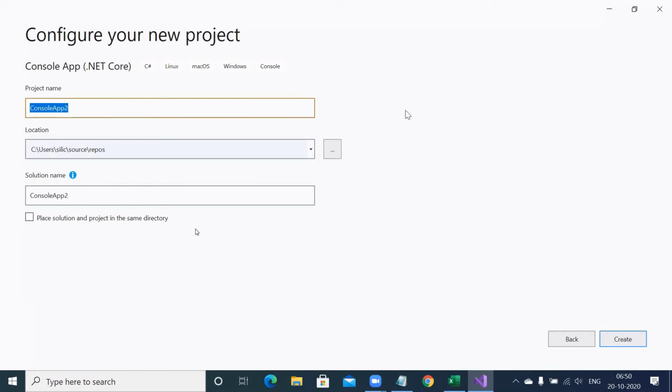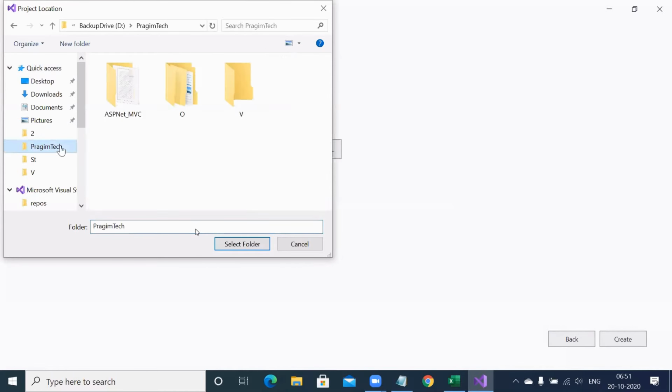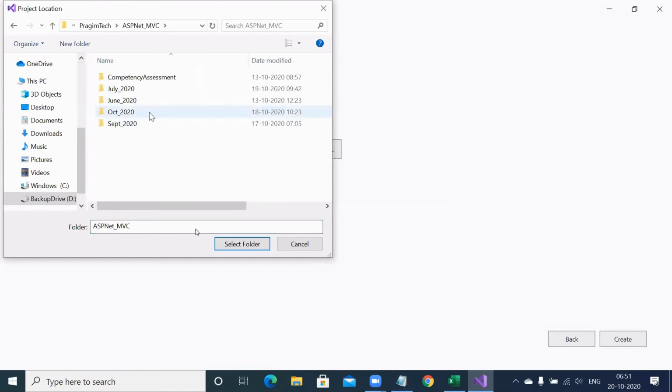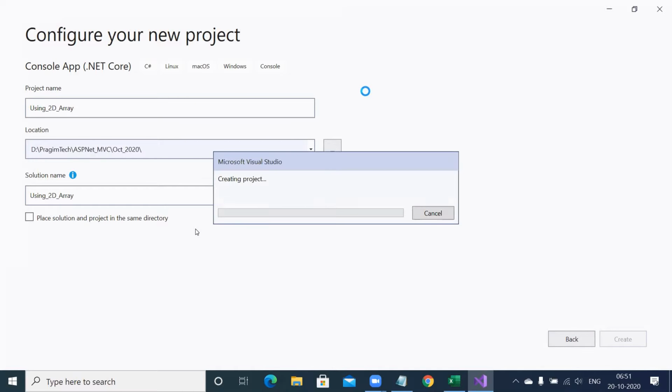So let's create a program named using 2D array, I will write the short form, two-dimensional as 2D array. And the location you want to store in, there is a folder for October 2020, and create it. Those who are newcomers, when you say file new, that time you get one create option.